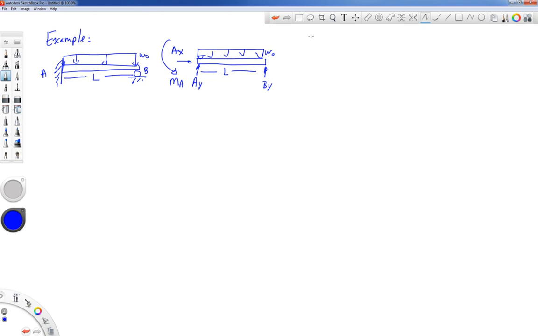So let's write down our statics equations. Summation of forces in the x direction, AX equal to 0. Okay, no problem. Now we know what AX is. So at this point, we have 3 unknowns. Summation of forces in the y direction gives us an equation that says AY plus BY minus W0L is equal to 0. And summation of moments,